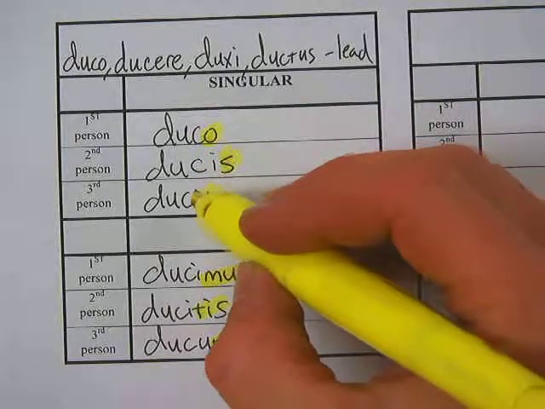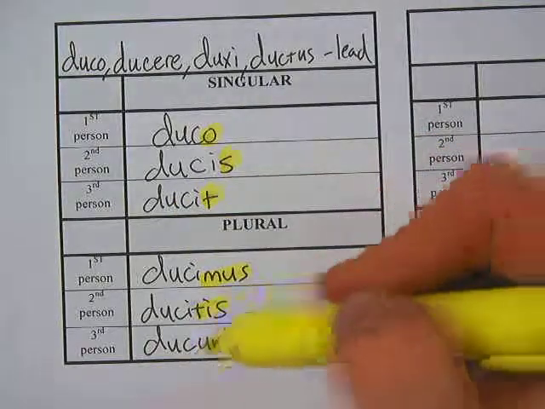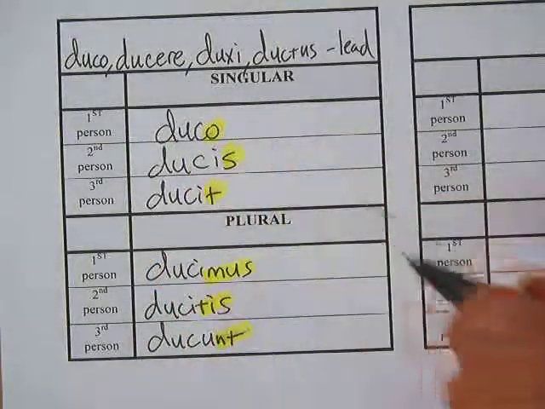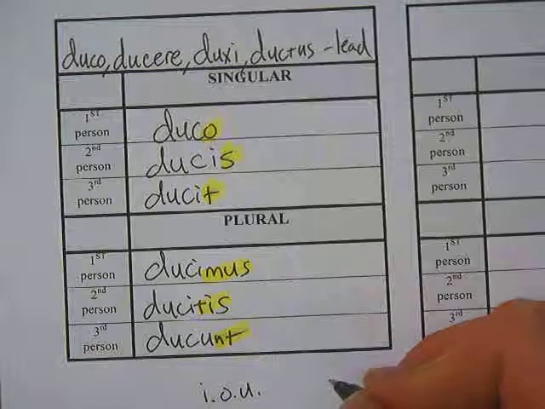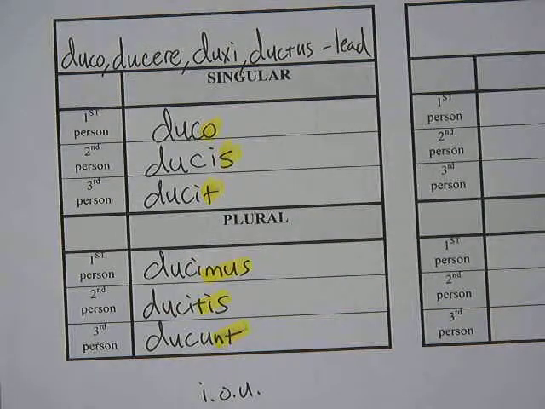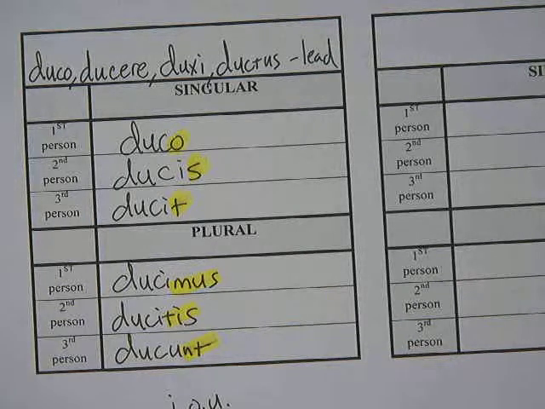So it's ducunt. So you might notice my endings are the same. -o, -s, -t, -mus, -tis, -nt, okay? But my connecting vowels, even though it's an E in the infinitive, they change to I's here and a U because the E was short and weak. And some people call this the I-O-U conjugation because the I's and the O and the U appear in it. If that's helpful for you, then just go with that. Okay, I'm going to stop there because we got to